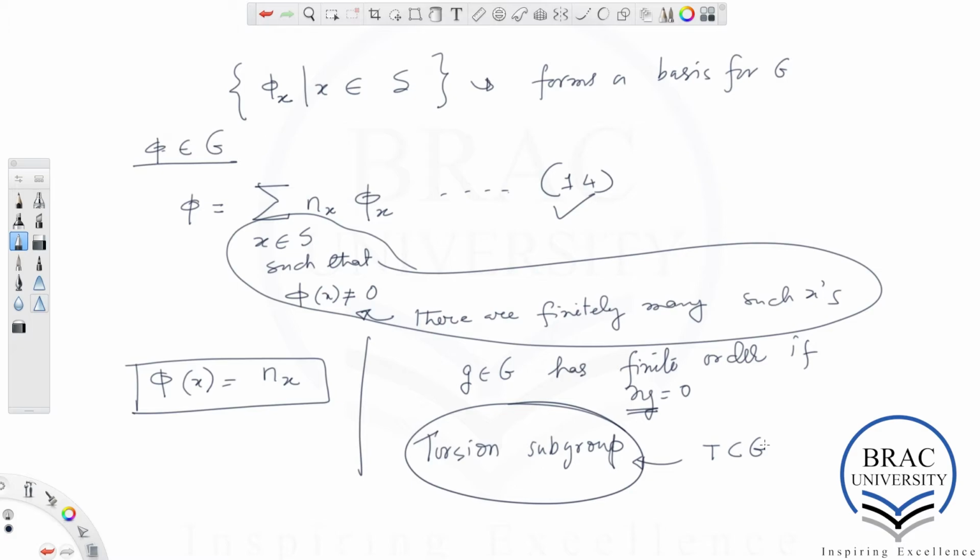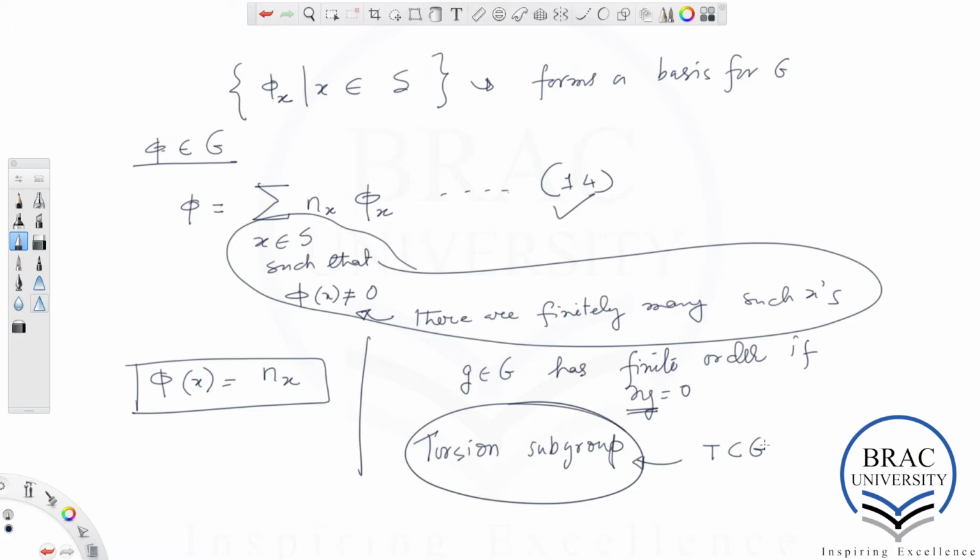so we have seen earlier that in a free abelian group, no non-zero element is of finite order. Okay, it follows from the uniqueness of the expression of a non-zero group element, written as a linear combination of the basis elements. So from the uniqueness of that expression, it follows that no non-zero element of the group is of finite order.